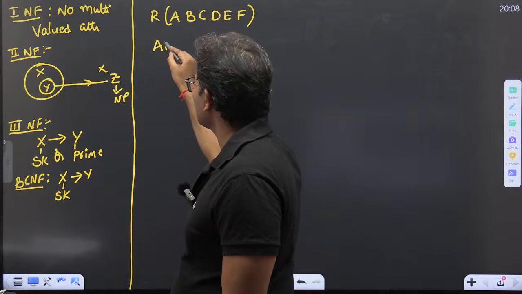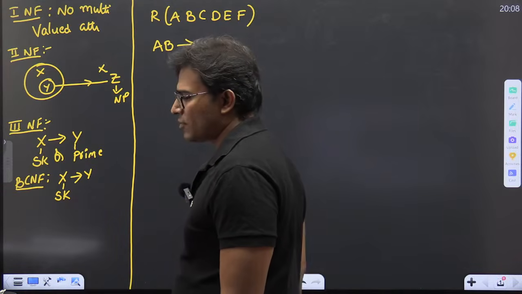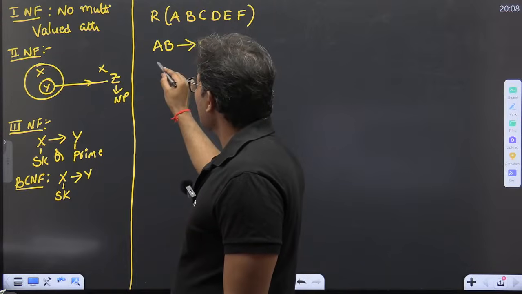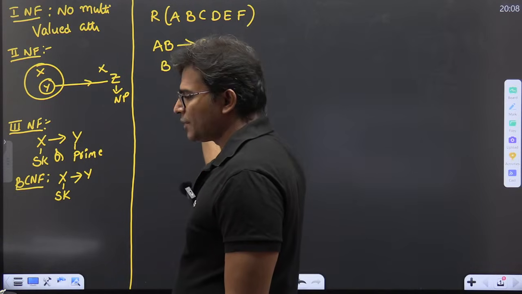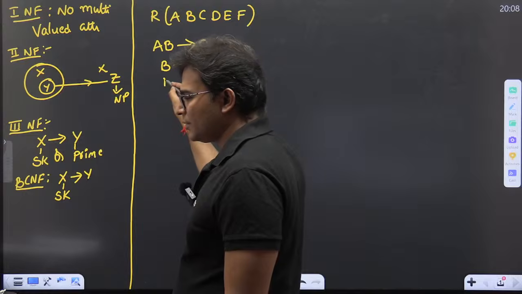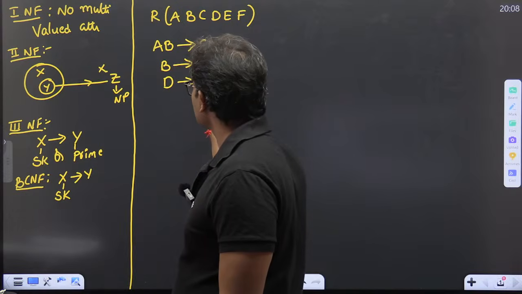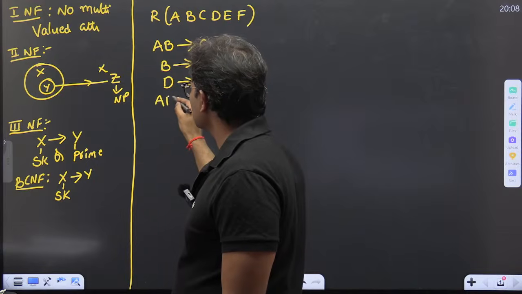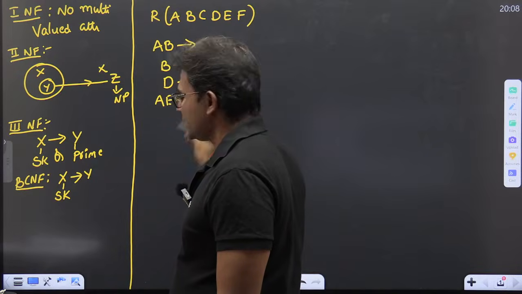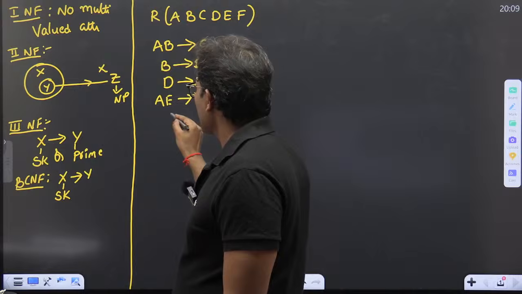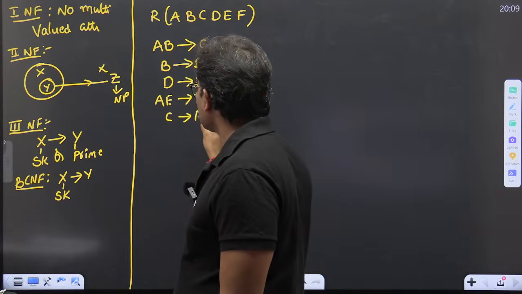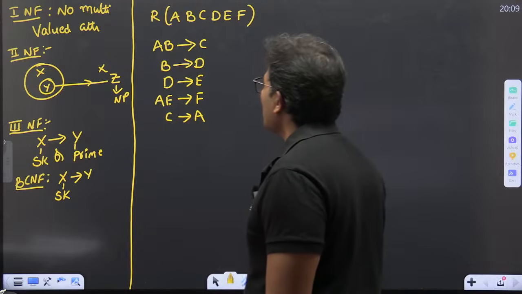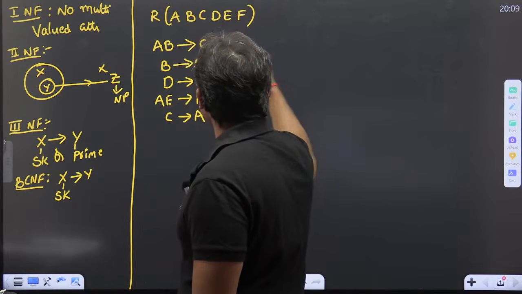The functional dependencies are AB determines C, and then B determines D, D determines E, and then AE determines F, and then C determines A. And according to these functional dependencies,